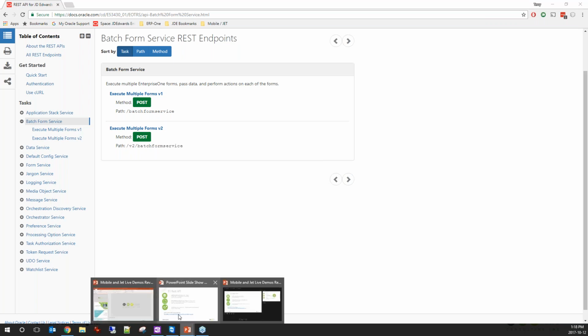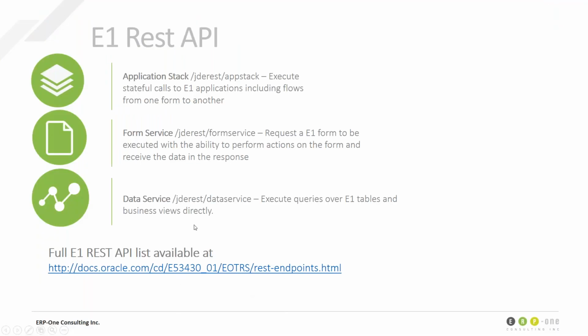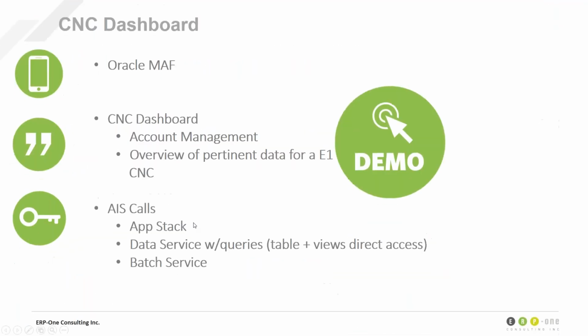Okay, so back to the presentation here. As I mentioned, the app we're going to show first is called the CNC dashboard. It's one that we started creating when AIS server first started out in the 9.1.4, 9.1.5 tools release era, and we created it using Oracle's Mobile Application Framework. So primarily this